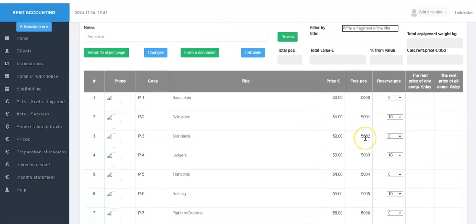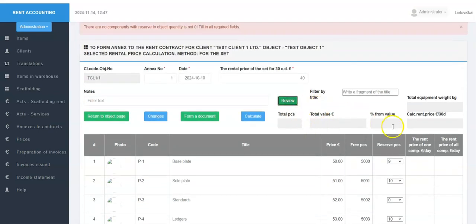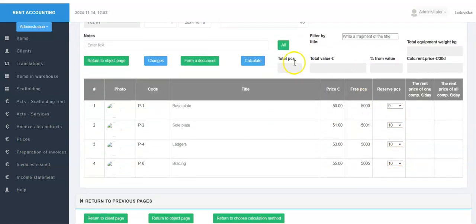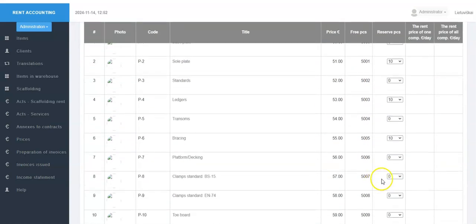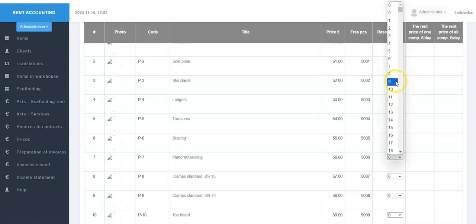When we finish entering quantities, we can view the list of components only with non-zero quantities by pressing the Review button. If we notice that we still need to include a component that is not in this list, we press the All button, and after selecting this component, select its quantity.